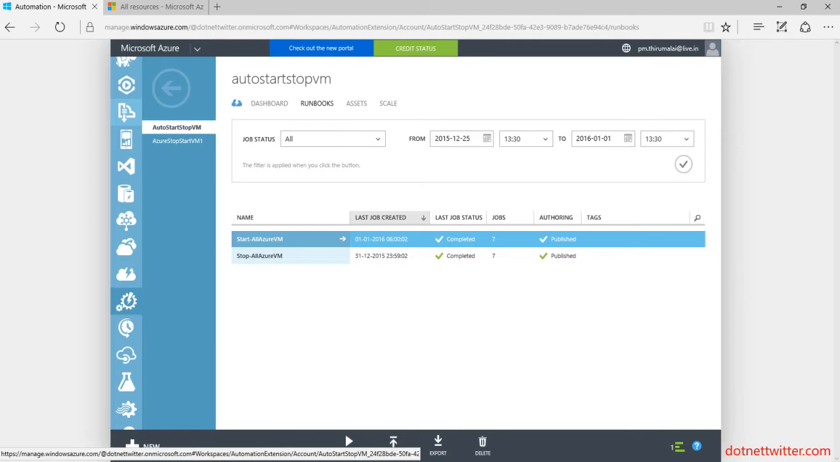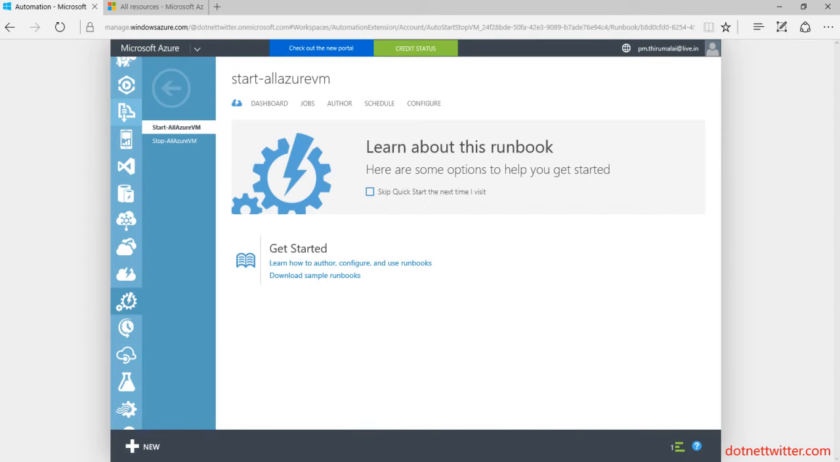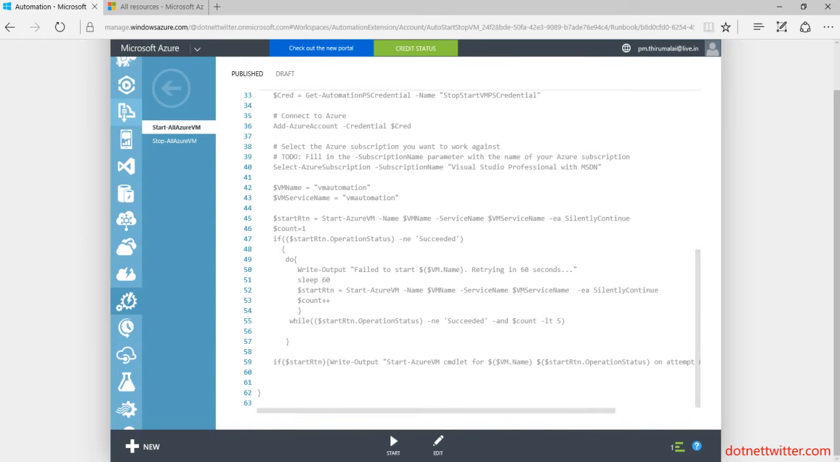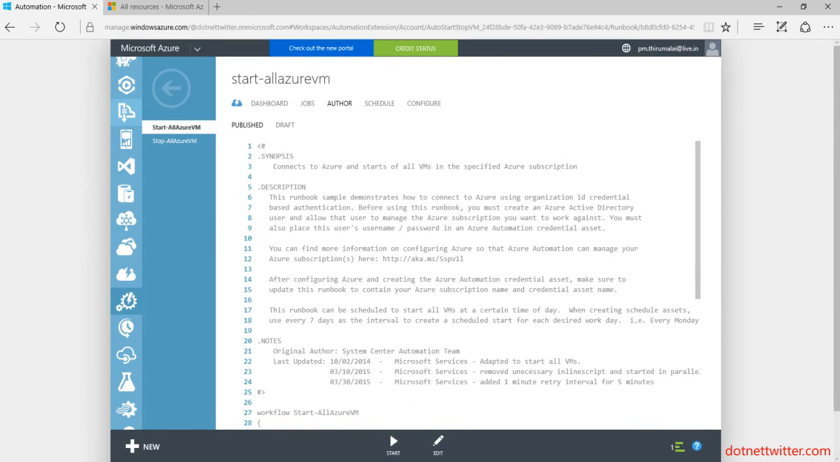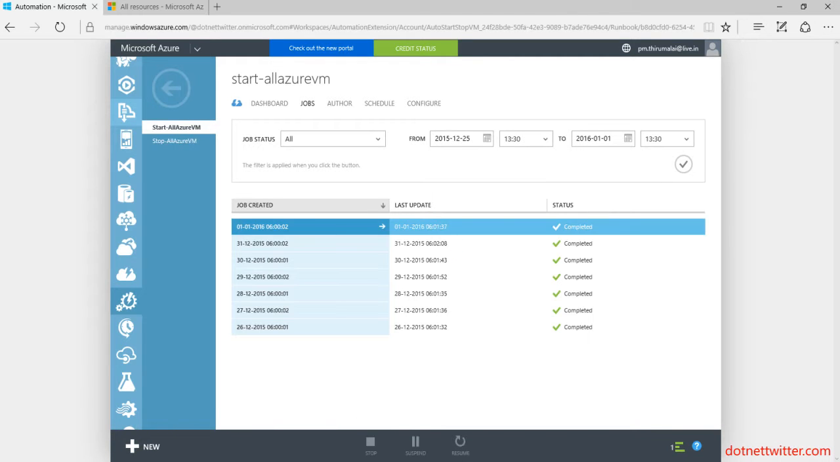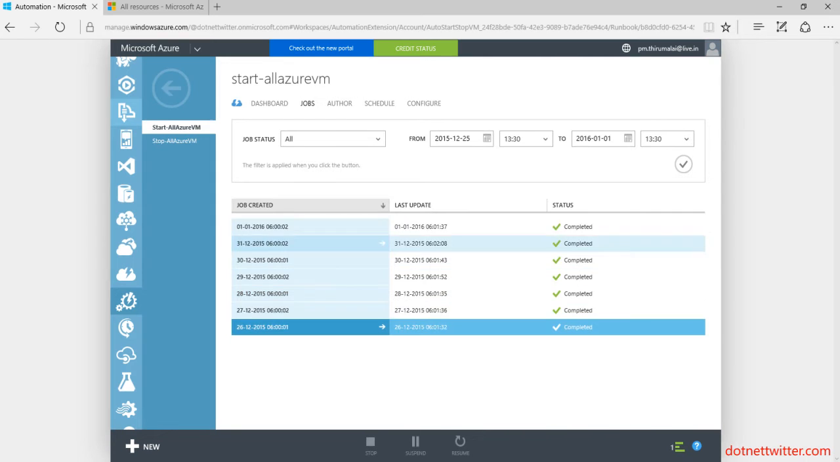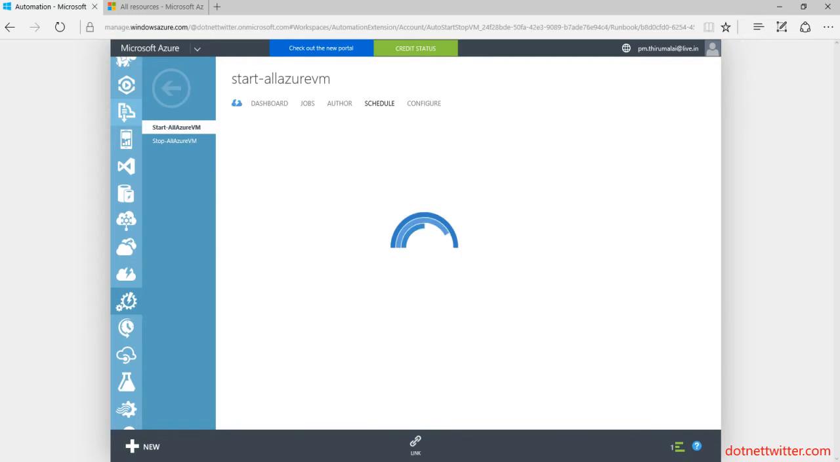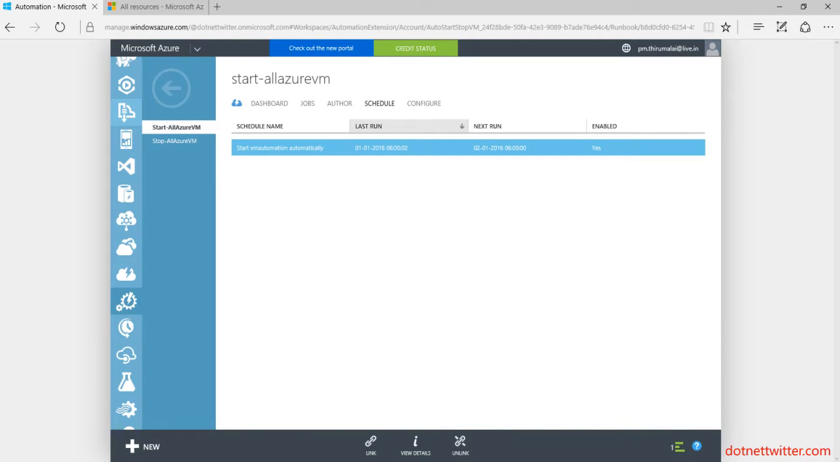If I go to the Start VM runbook, this is where you can see the author will have the PowerShell script which I used for scheduling this. And if I go to the jobs, this particular runbook has been running for almost 10 plus days, and you can see 26, 27, 28, 29, 30, all the days it was running and it completed perfectly fine. And if I go to the dashboard, I see how the runbook is running on a daily basis, right? And in a schedule, I scheduled by 12 o'clock and 6 o'clock in the morning I started the